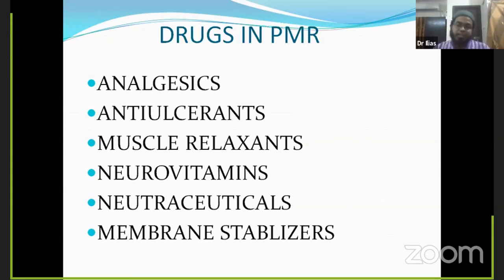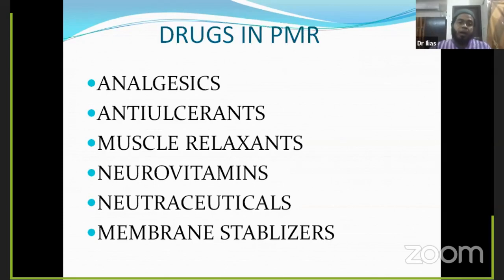So whatever analgesics you are prescribing, in case of muscle spasm, lumbar strain or any kind of sprain, if you don't prescribe the muscle relaxant, the patient won't get 100% relief from the pain, even after prescribing the NSAIDs. So this is also a very important thing for reduction of the muscle pain.